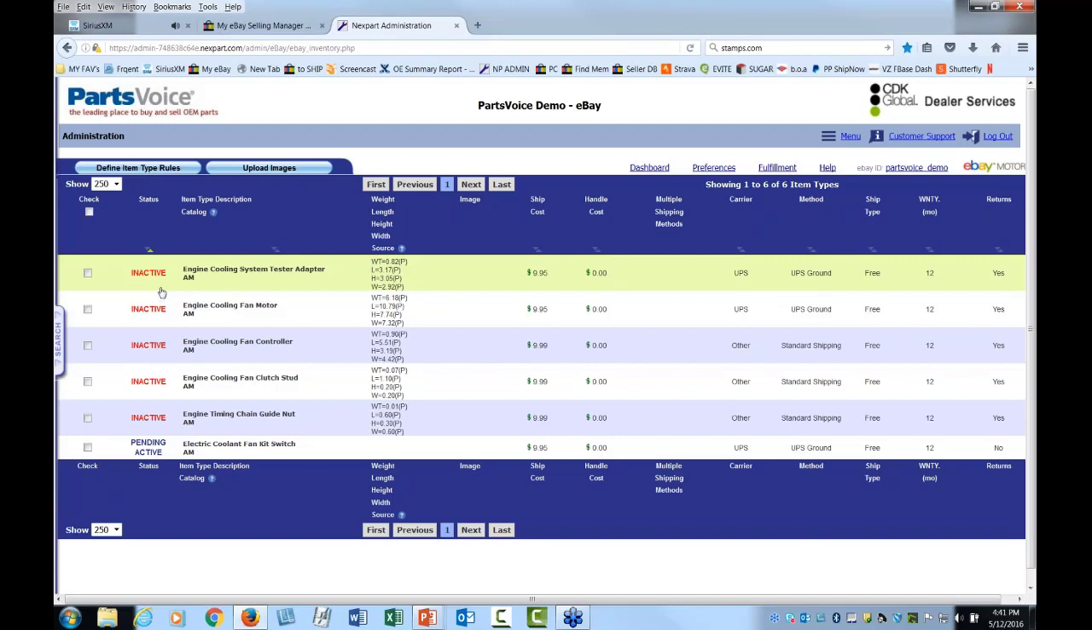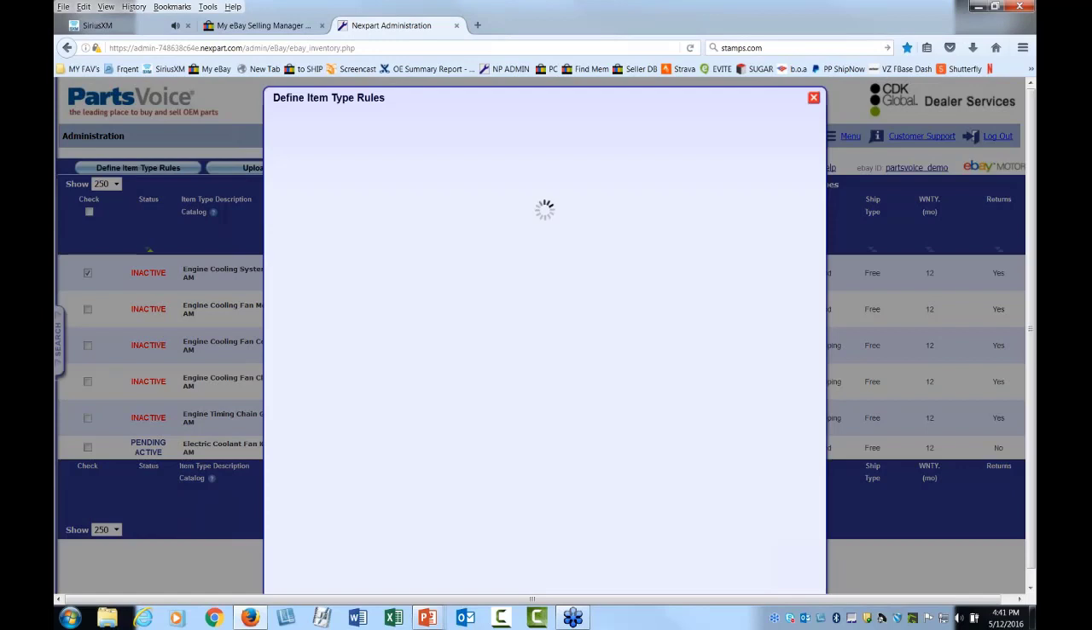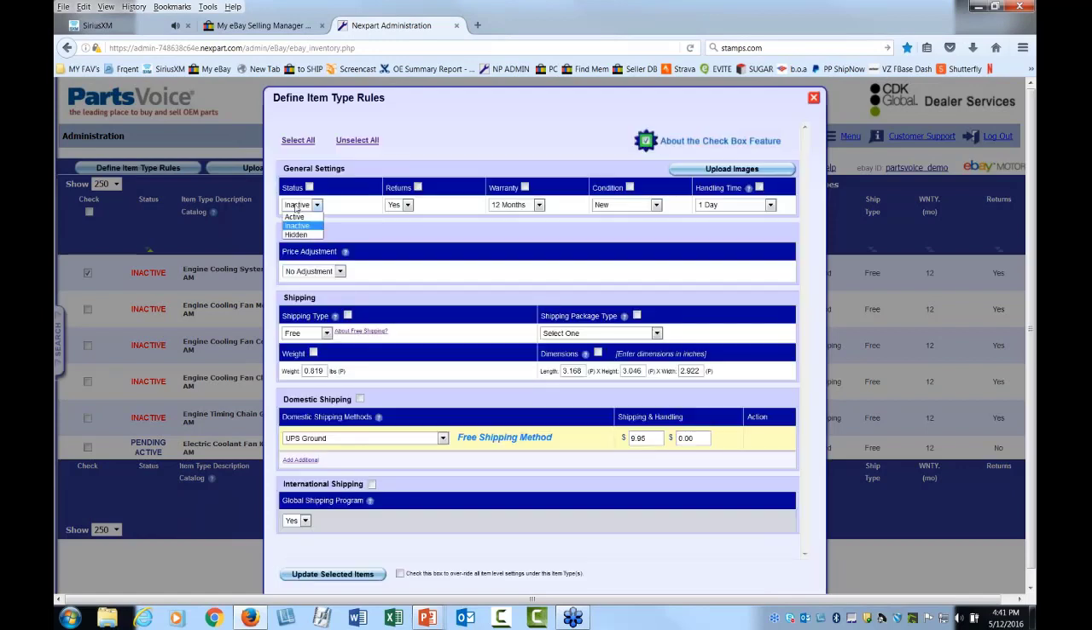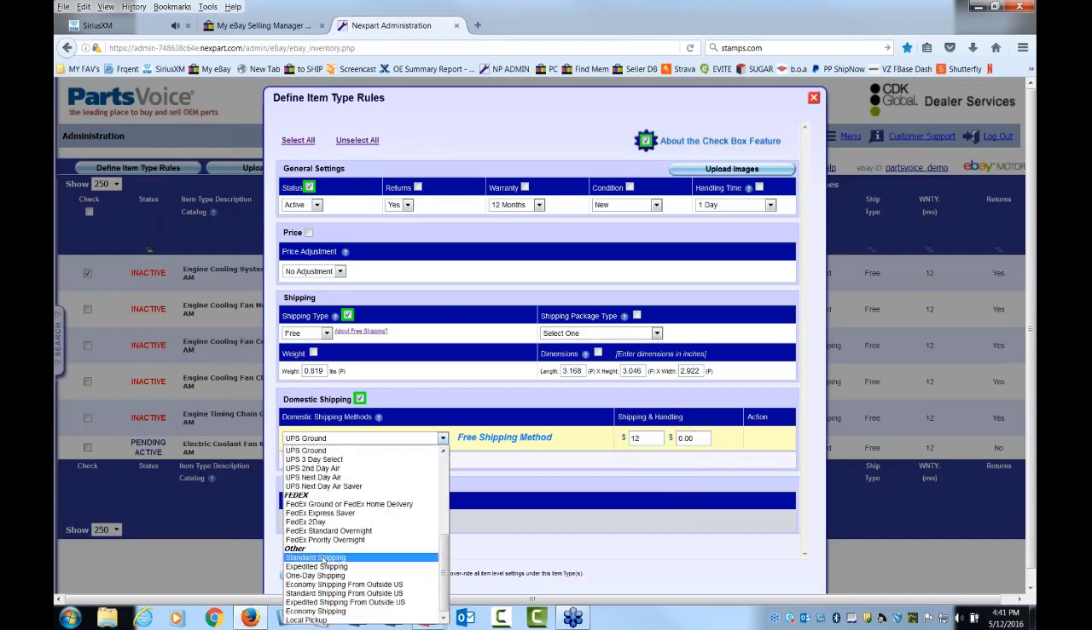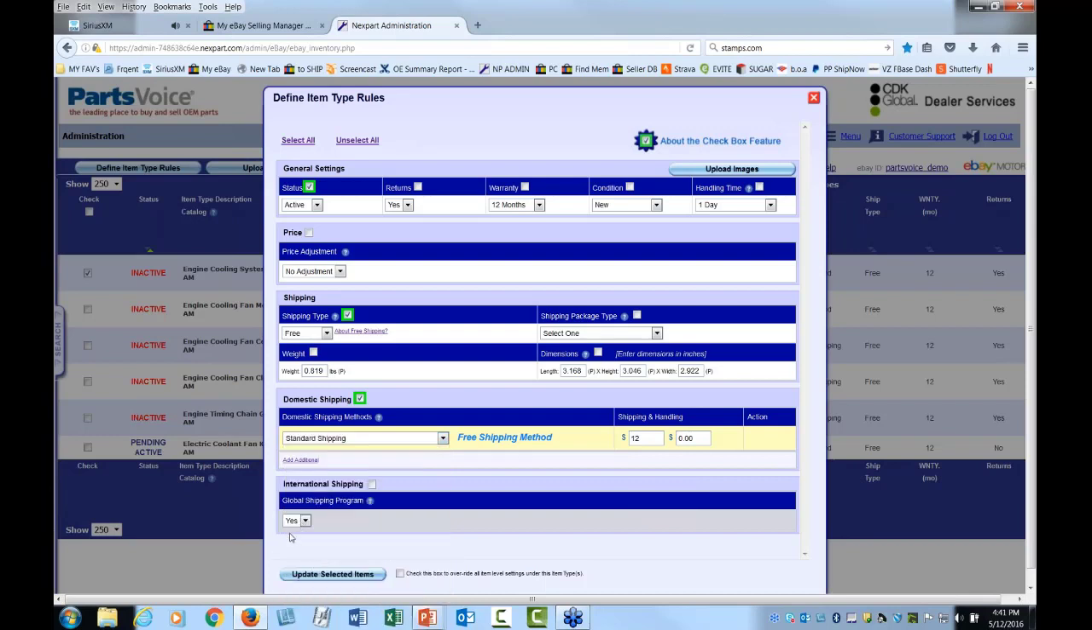So if you tomorrow bring in a whole new line of engine cooling system testers, right? Well, you can set up rules. So from this point forward now, I can say, yes, anything that matches this category, activate it, let it go to eBay, give it a one-day handling time, give it whatever price adjustment or not you might need, put it as free shipping, give it $12 for shipping, and make it, instead of UPS ground, we're going to go standard shipping, and yes, I want it in the global shipping program. Click on update selected,